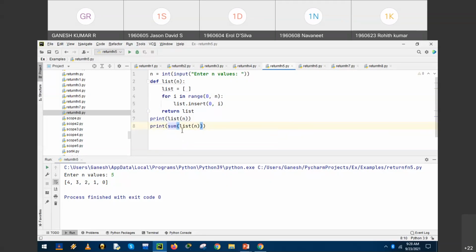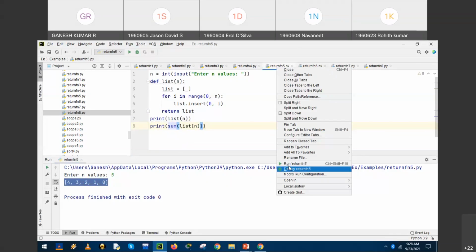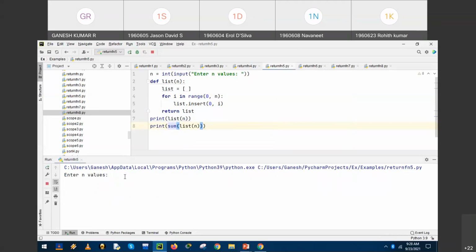This function, from the list, collects all the independent inputs, performs the addition operation and displays the output. Now enter the value 5 and 43210. The last statement print calculates the sum: 4 plus 3 plus 2 plus 1 plus 0. The sum is 10.